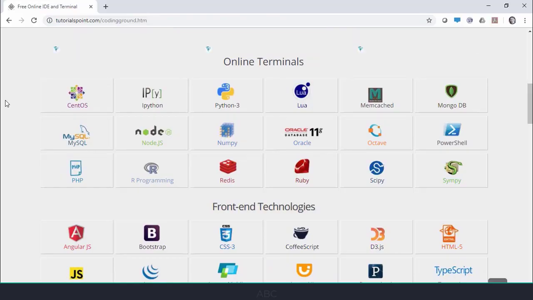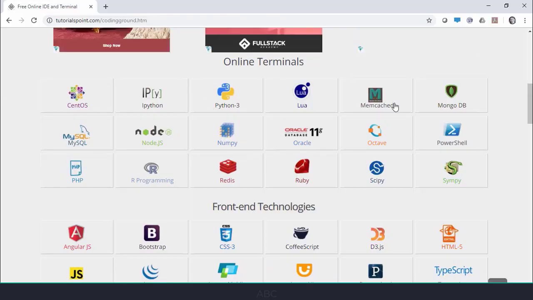Now, very popular ones here are PowerShell. PowerShell is the Windows command line that you can write some shell scripts. You hear that term a lot, PowerShell scripts. That's the Windows scripting language that you'd be writing. For the online terminals, you can also write some Python, CentOS, and this is for Linux, MySQL for some database scripting, some Node.js, some Node JavaScript, if you want to write some